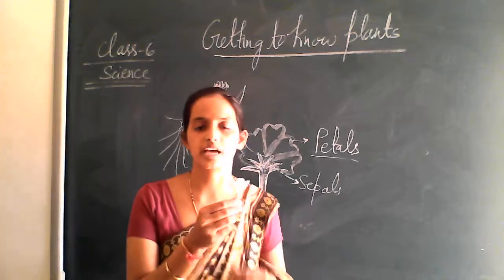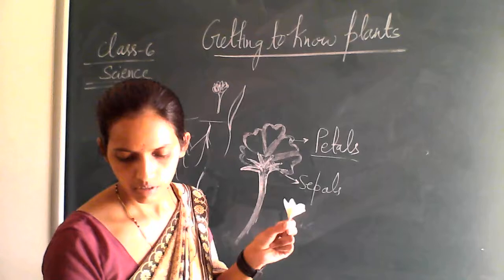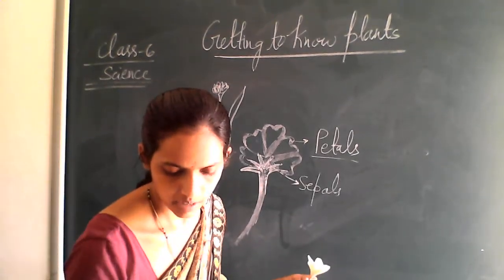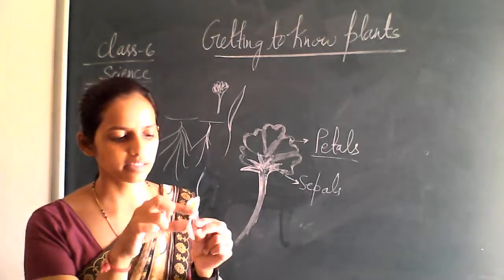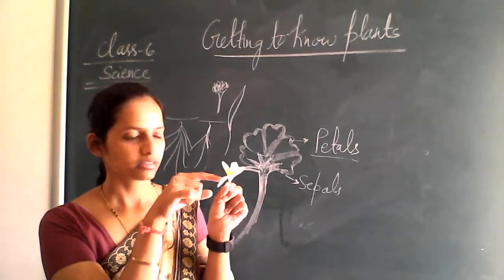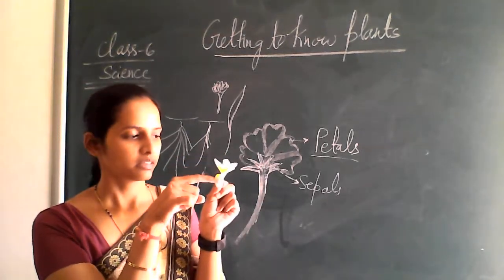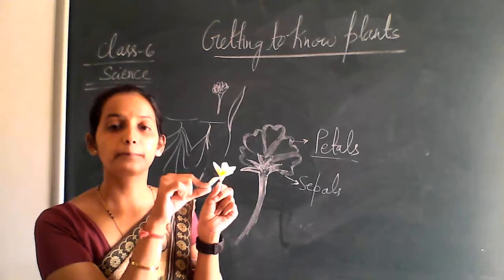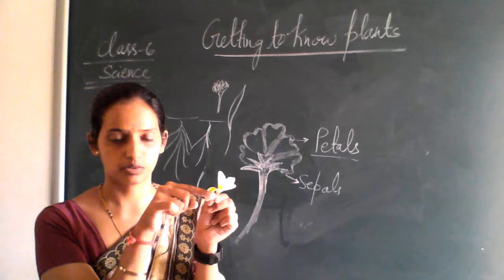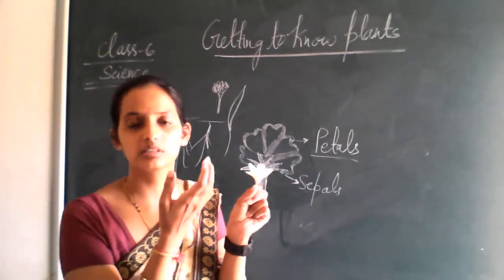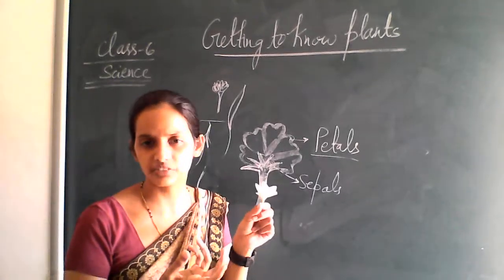I'm taking another example of a flower, right? Can you see the flower? These are the petals, okay. So individual colored structures, can you see? So these are the petals, okay. As it has the yellow color. Now you can also take the hibiscus or rose plant where it has the red color, or it is also present in different colors, right?